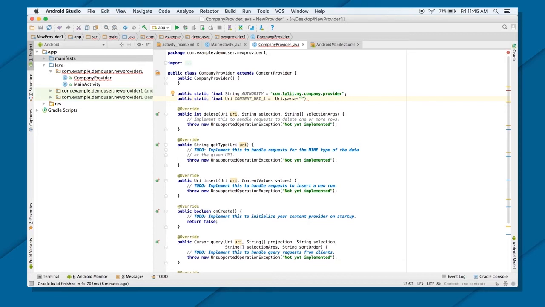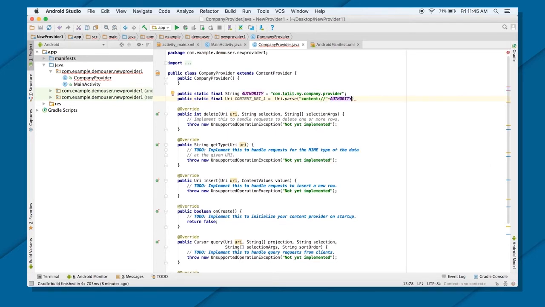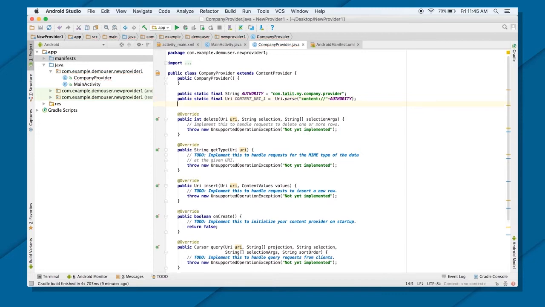To access a content provider, it will always start with the content scheme, that is called the data scheme, and then put your authority. And then you might have to put your table name and other stuff like a path also, if you are creating any row, but we will come to that. But this is my content URI. This is how I can access my content provider.